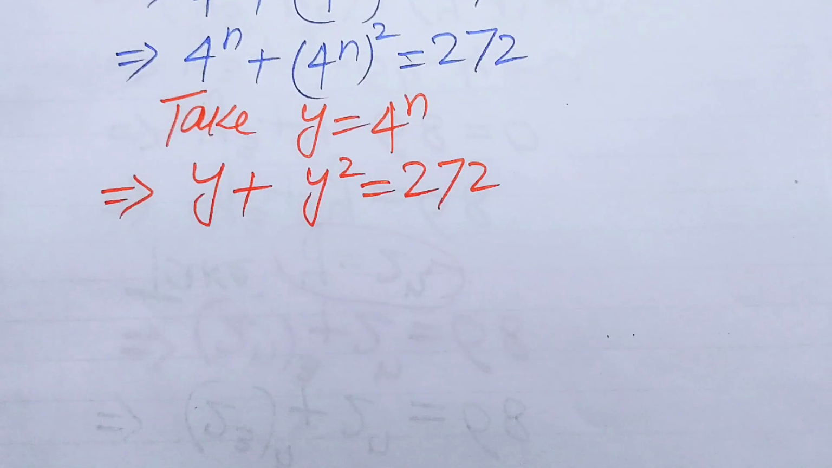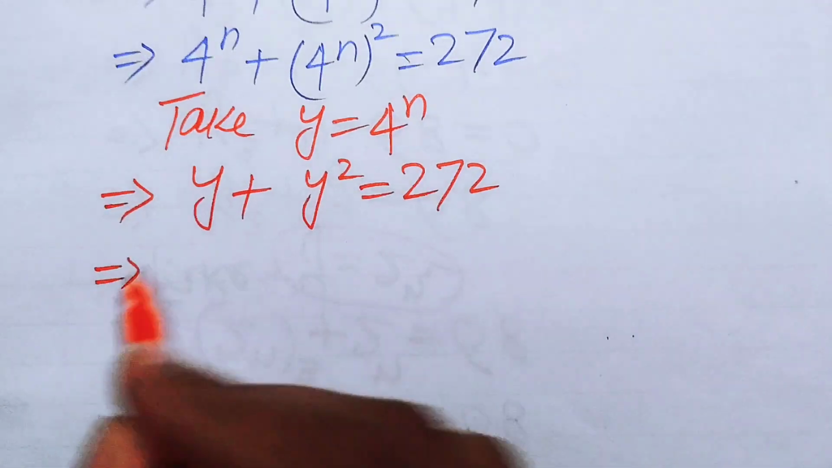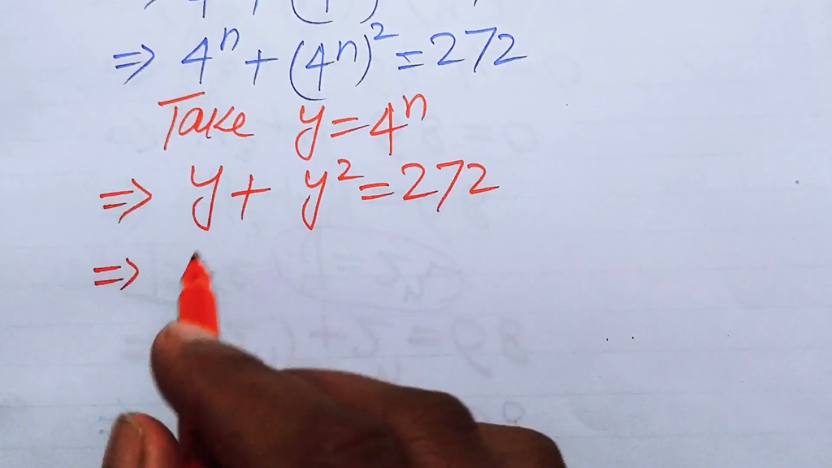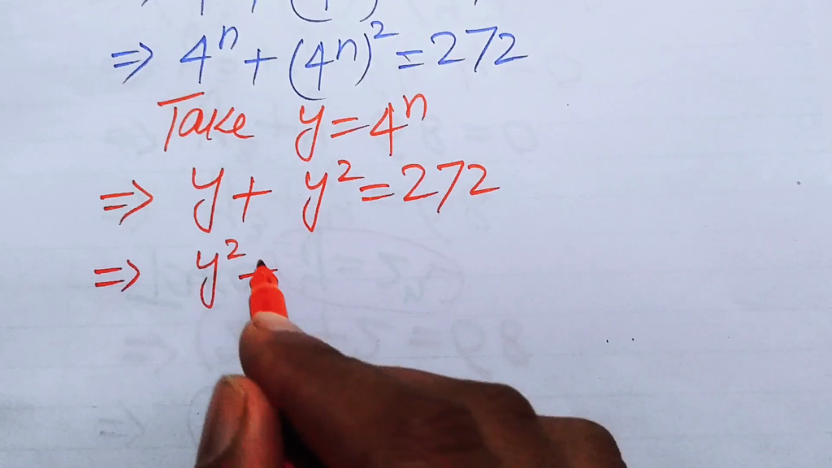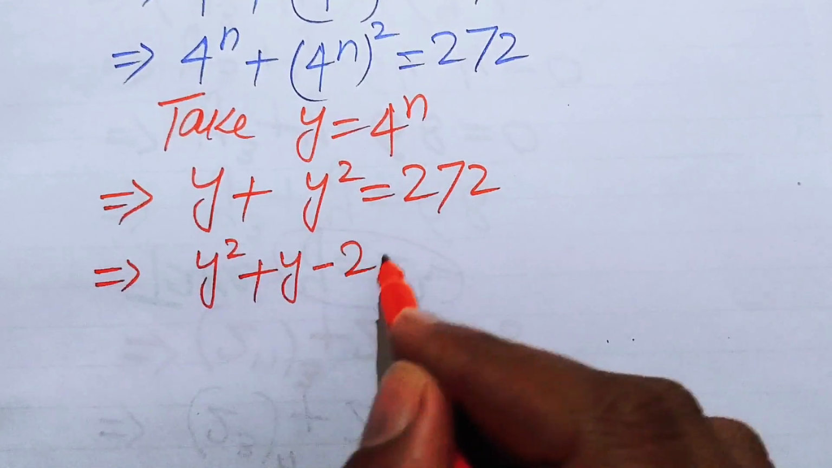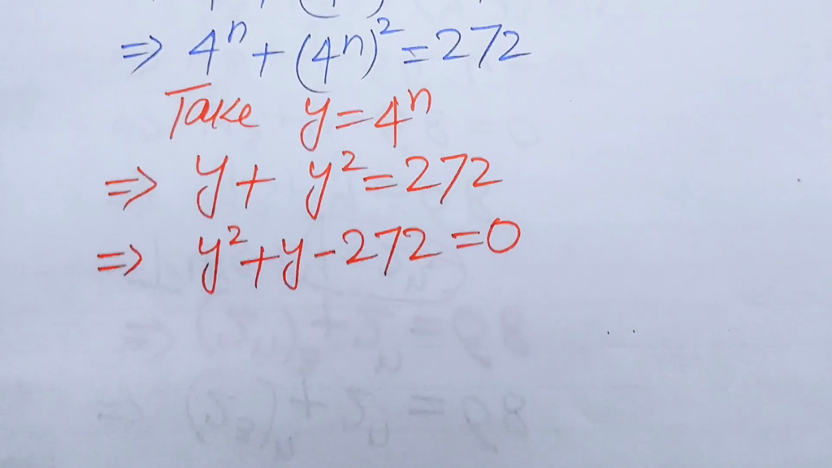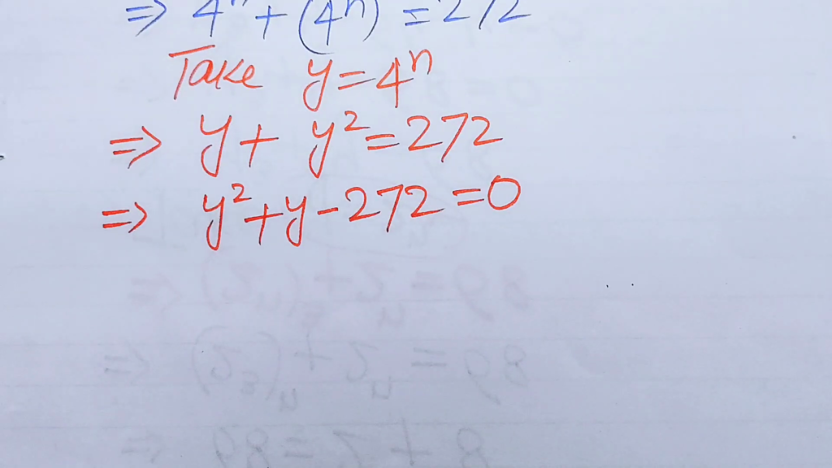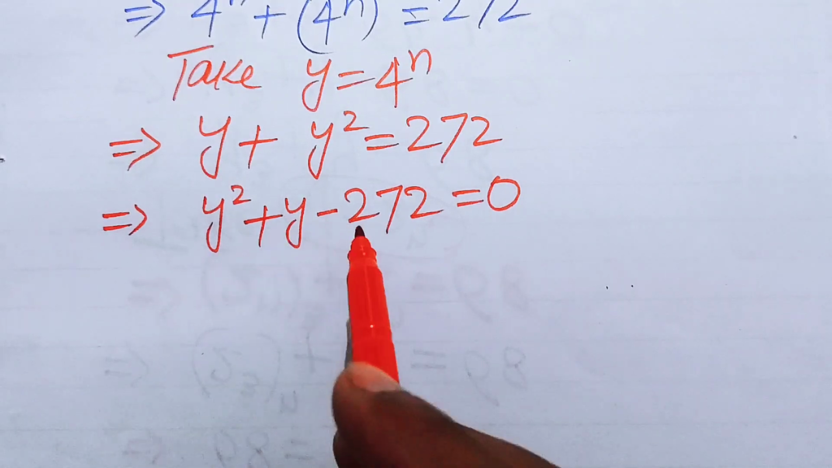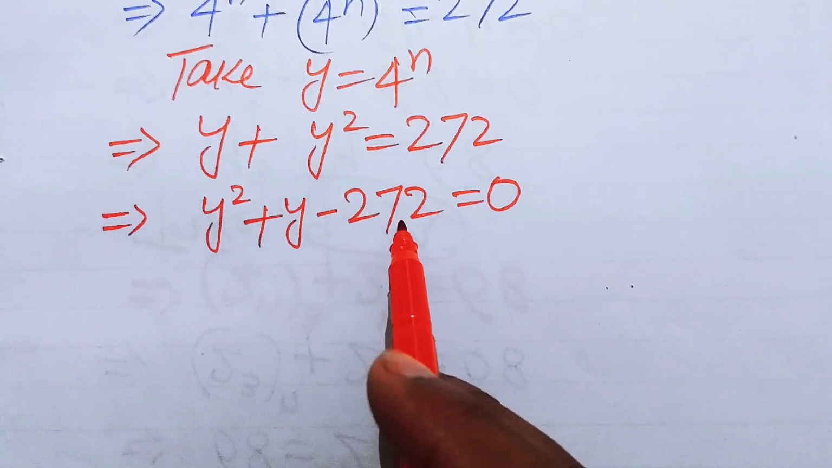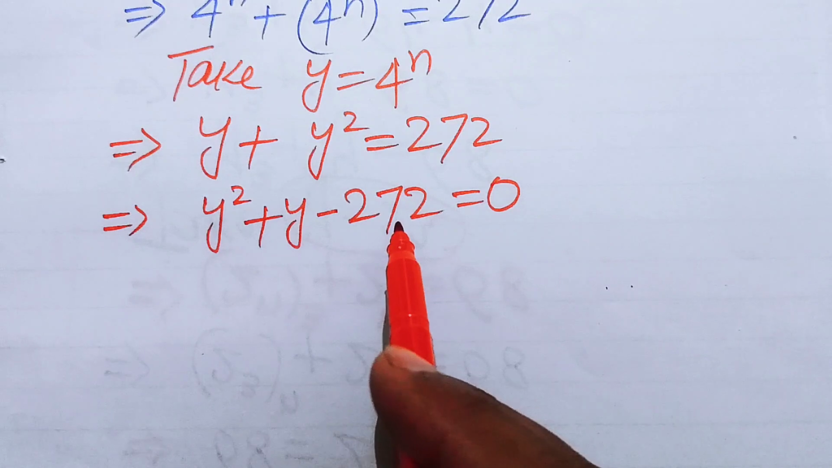And now in the next step, we rearrange this equation and move the 272 to the left hand side, and we write it as y squared plus y minus 272 equals 0. So this becomes a quadratic form, and now we can easily factor this equation. So here we need two numbers whose product is minus 272, and when we add these two numbers